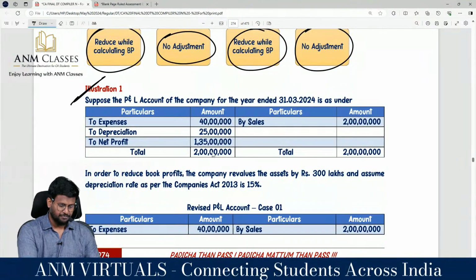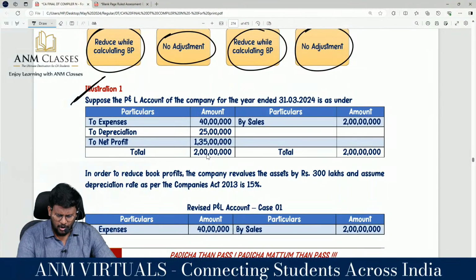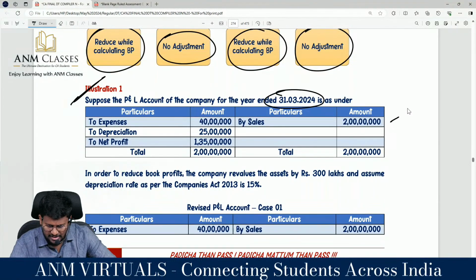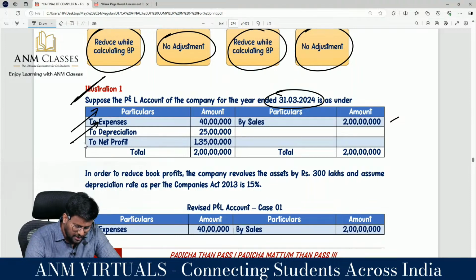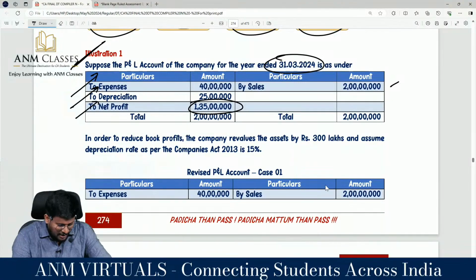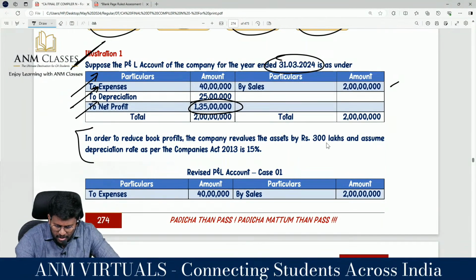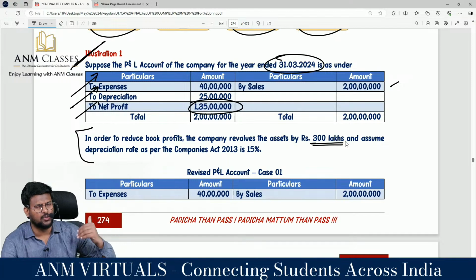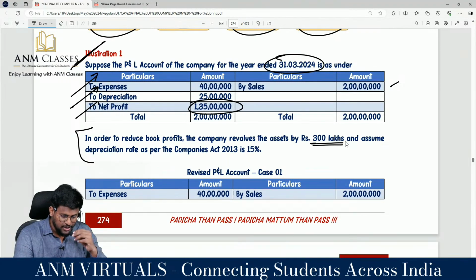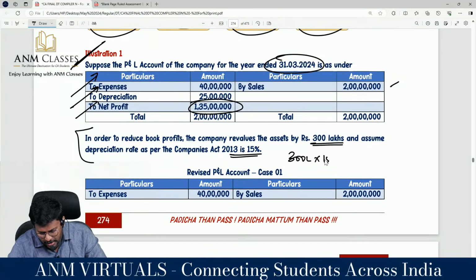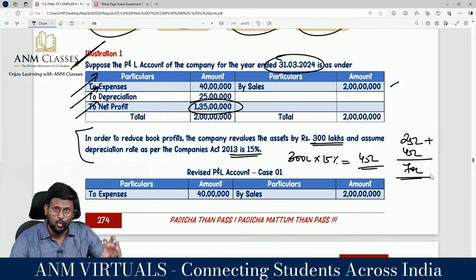Enjoy that analysis. Suppose the P&L account of a company for the year ended 31/3/2024 is as follows: sales 2 crore, expense 40 lakh, depreciation 25 lakh, net profit 1 crore 35 lakhs. Oh my God. In order to reduce book profit, the company revalued the asset by 300 lakhs, so the value of the asset would have increased by 300 lakhs. Assume the depreciation rate as per the Companies Act is 15%. So 300 lakhs into 15% comes to 45 lakh. Already we are charging depreciation of 25 lakh, so 25 lakhs plus 45 lakhs comes to 70 lakhs, which is going to be the revised